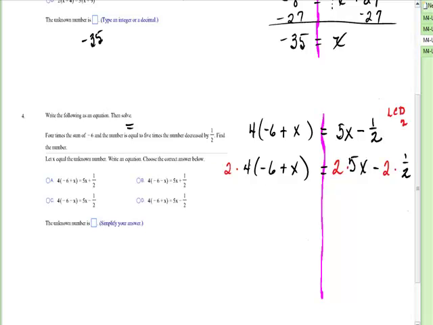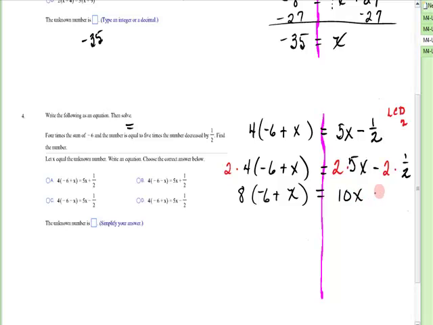Now, you notice I didn't multiply 2 times these because when you multiply it times the outer number, it will get distributed inside. So this will become 8 times negative 6 plus x is equal to,